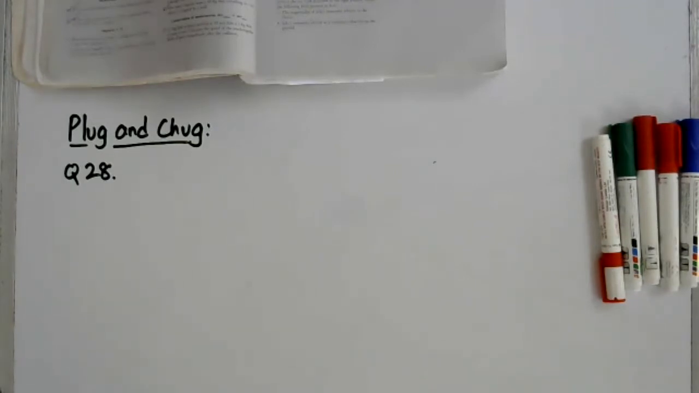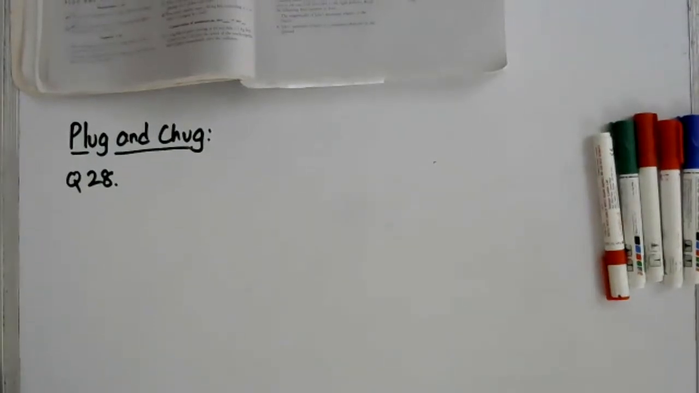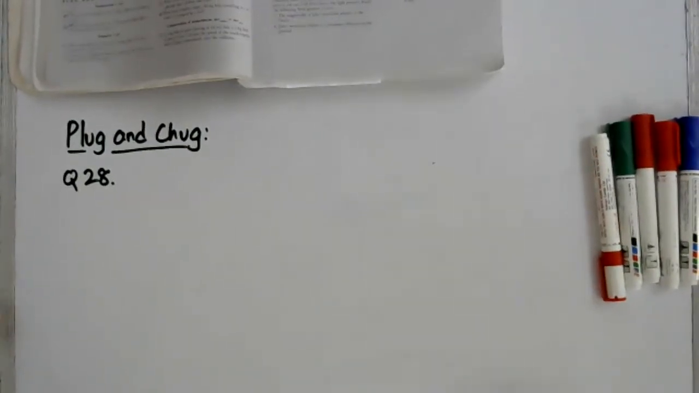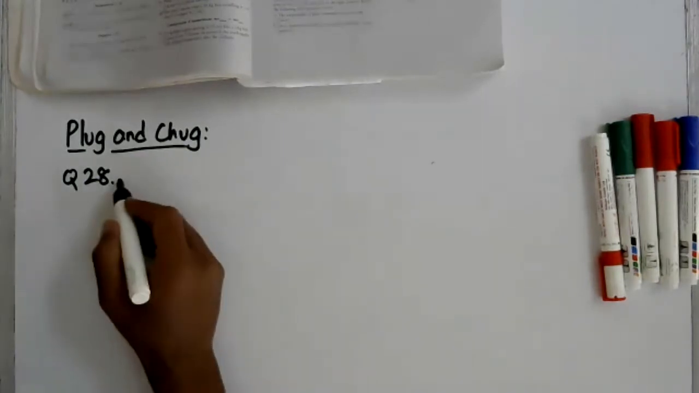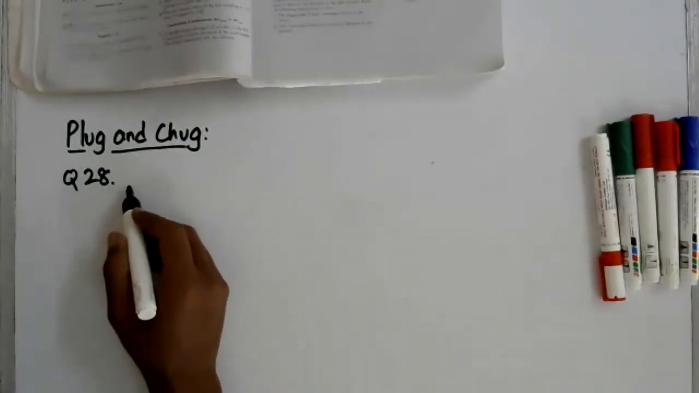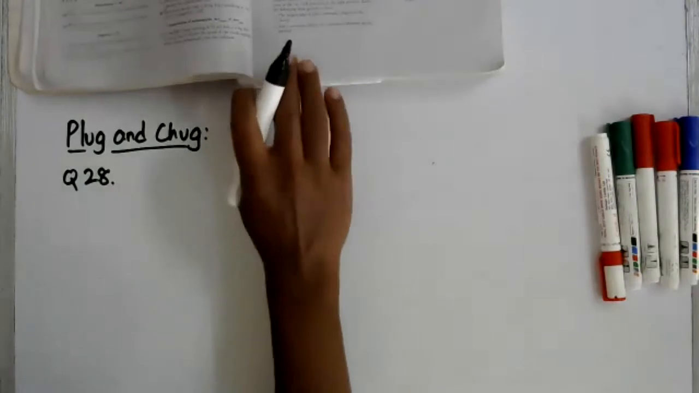If you are not able to tackle numerical problems, the kinds of issues that come up point to the fact that you might not have got the concept correctly. Then you can relearn the concept or look up the part you don't understand. So let's take one problem, question 28 from Plug and Chug from the textbook